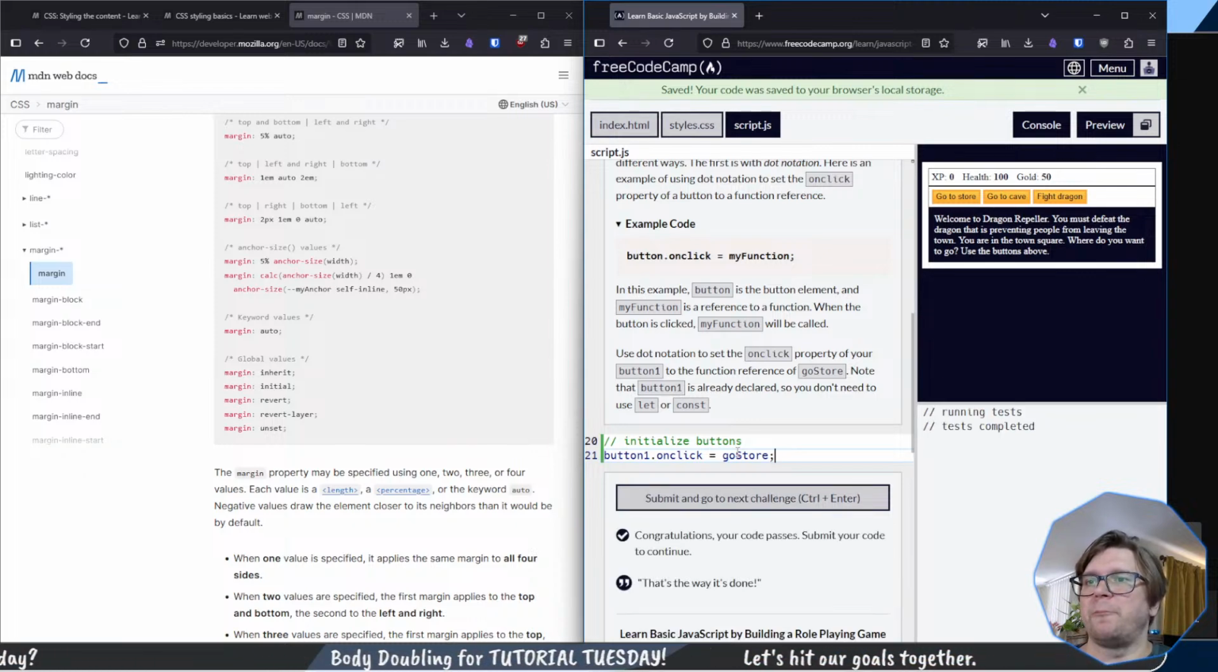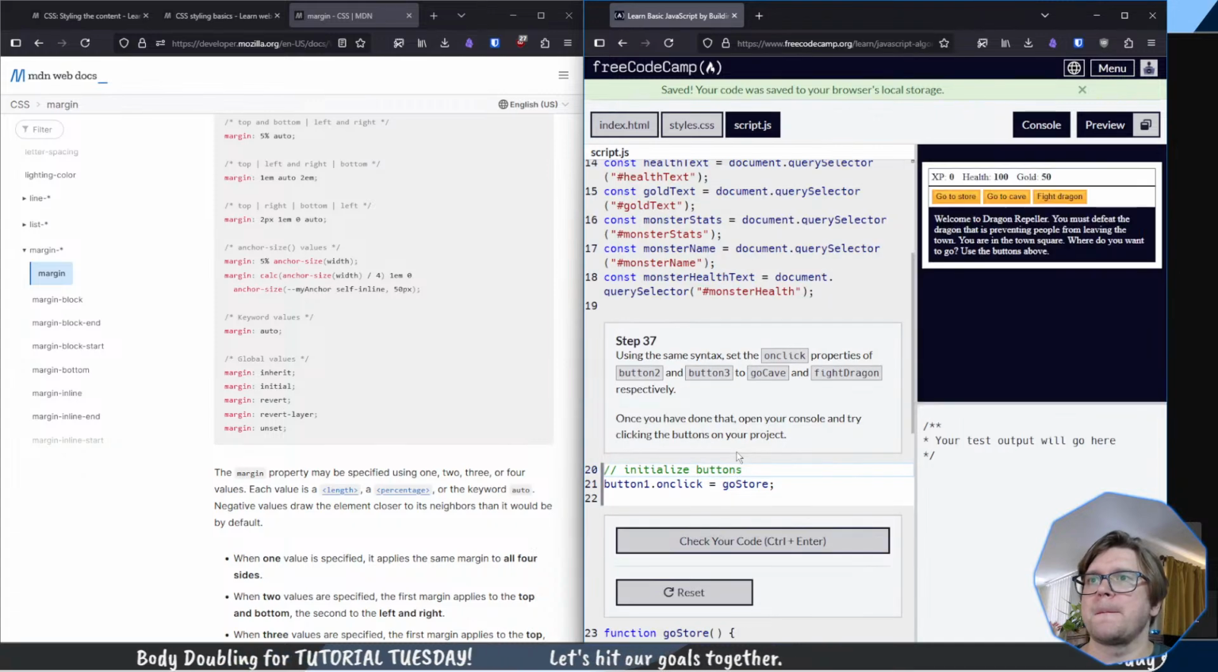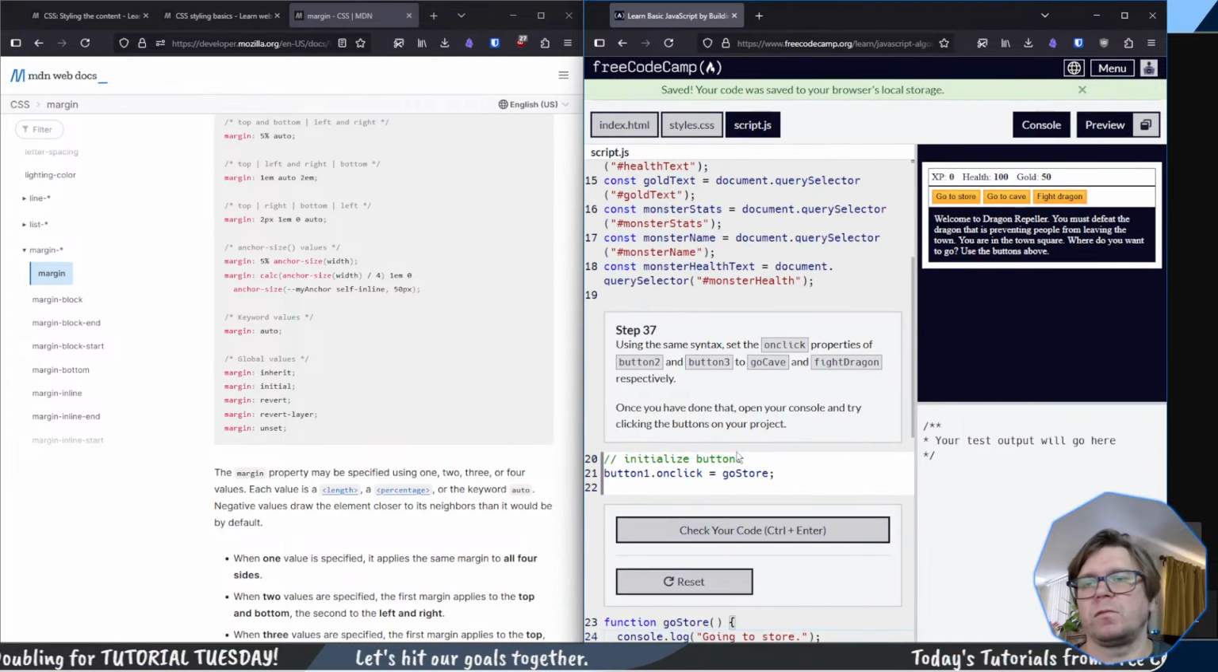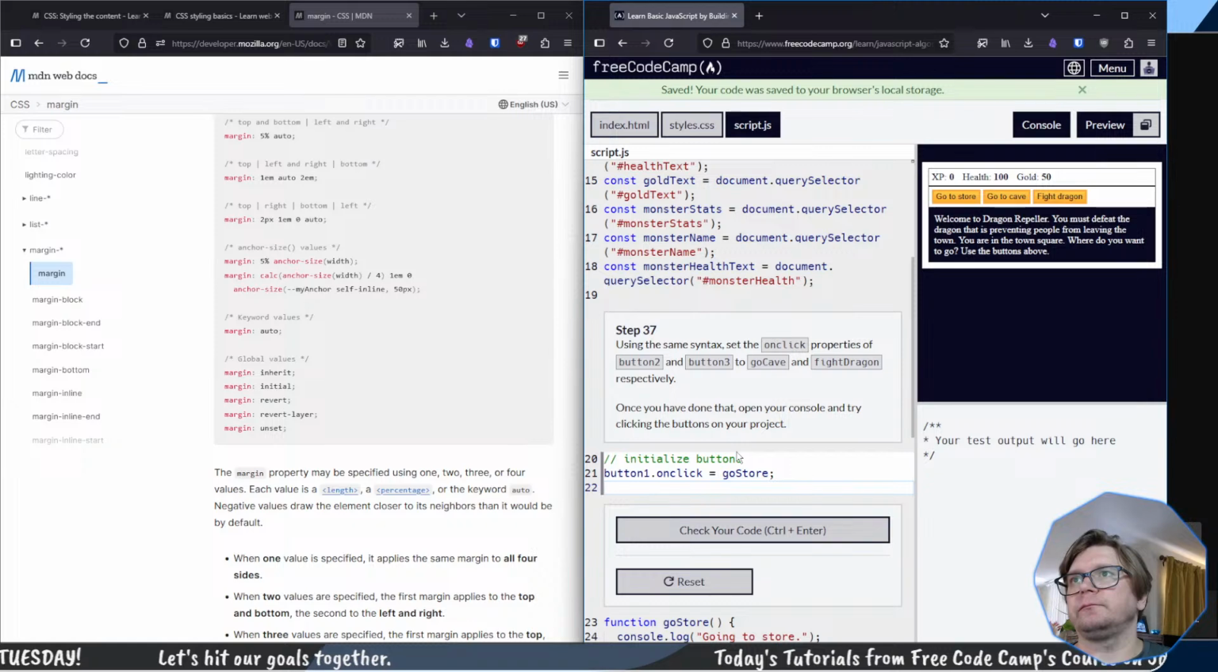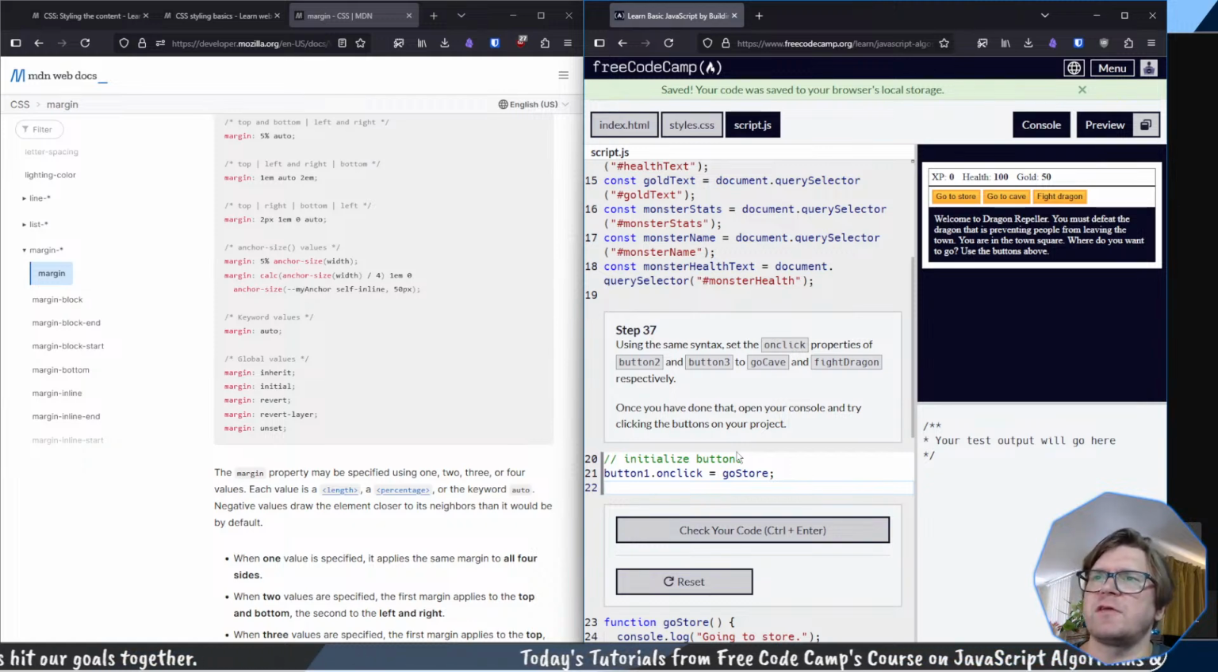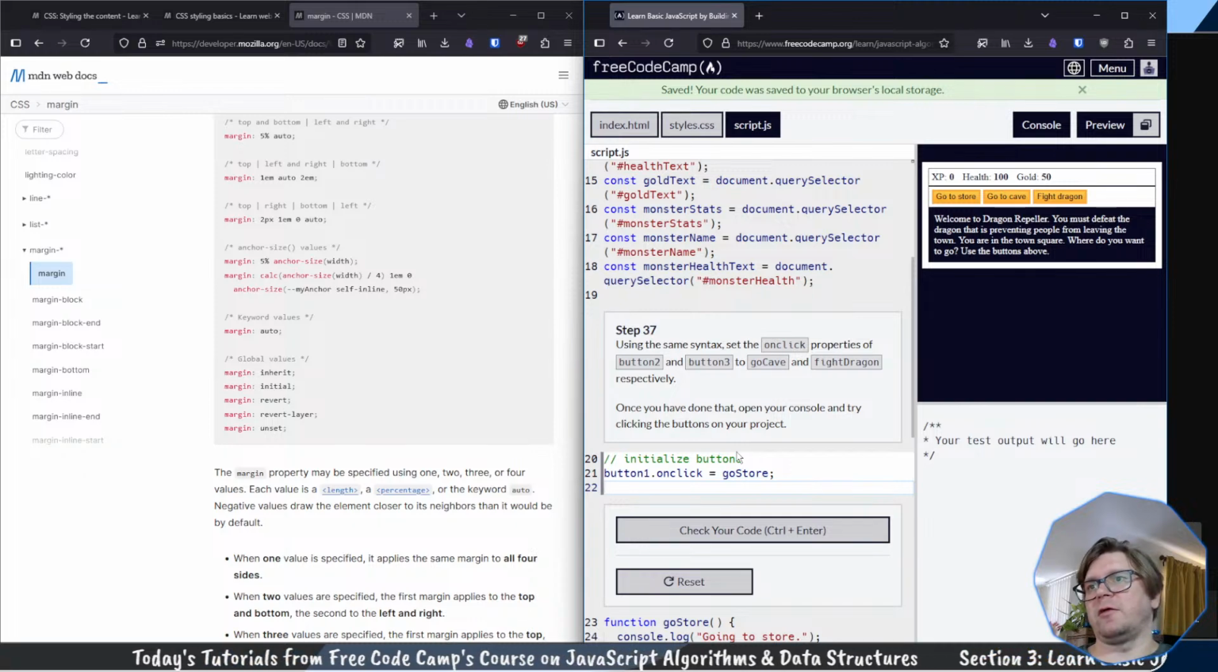Right, okay. Now, using the same syntax, we'll set the onClick properties of button two, right? So,